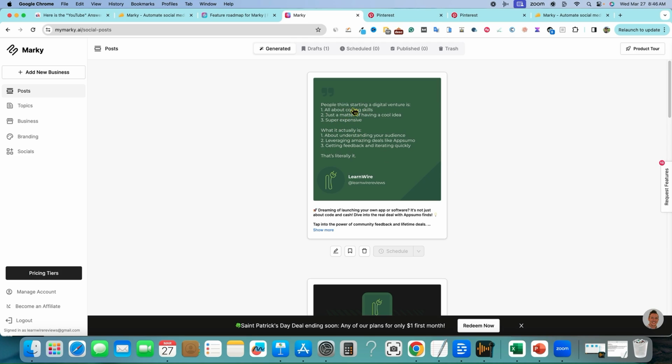So people thinking starting a venture is all about coding skills, just a matter of having a cool idea. Super expensive. What it actually is about understanding your audience, leveraging amazing deals. That's literally it. Boom. Dreaming of launching your own app or software? It's not just about code or cash. Dive into the real deal with software AppSumo finds. Tap into the power of community feedback